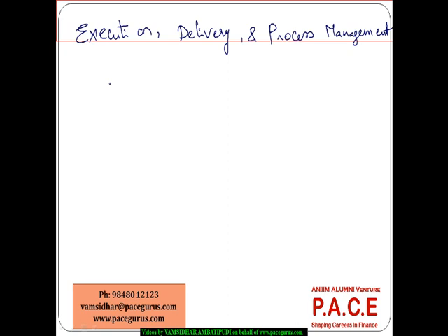Then I'm also looking at the last category, which is more to do with execution, delivery and process management. And one thing, let me tell you here, this is the category of Basel where the frequency of the events is higher. Almost every small event comes into this category. The severity is very low in this category